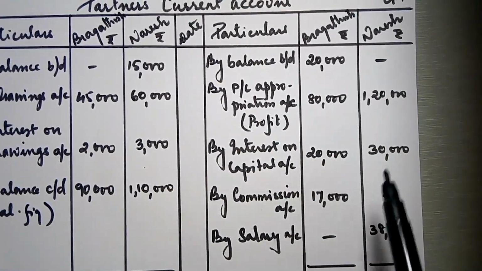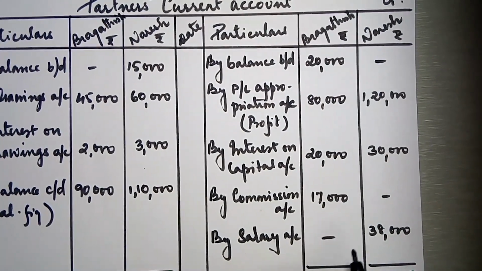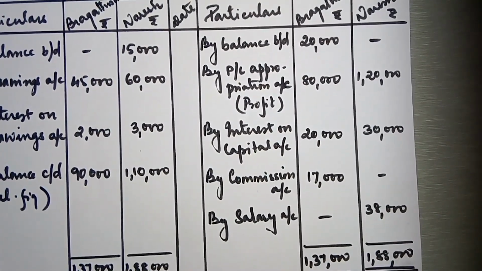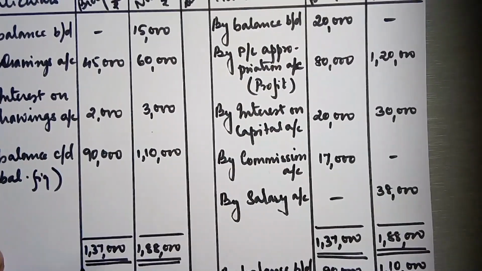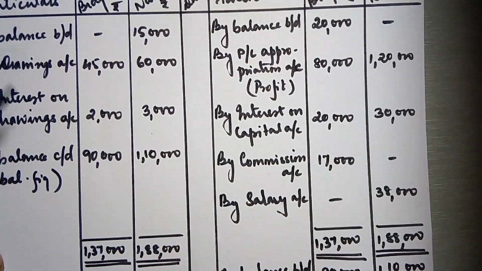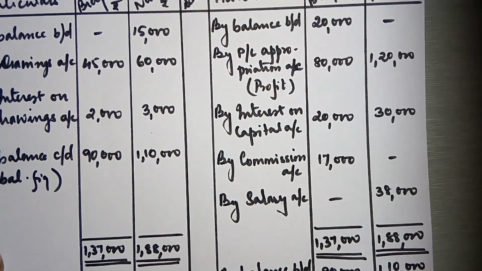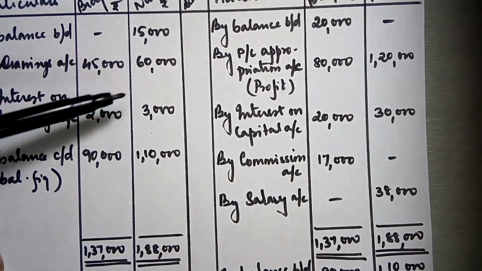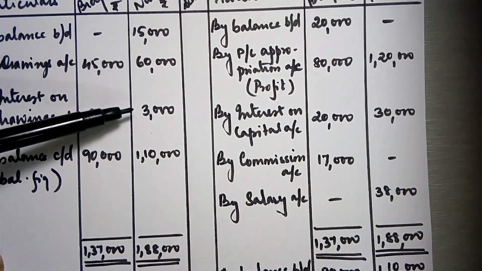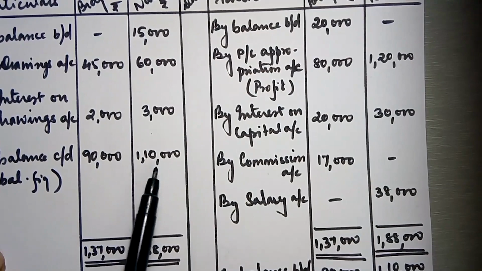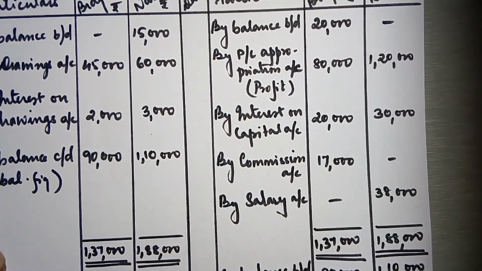Next what you do is you add up the credit side. When you add up for Pragatish, you get 1,37,000 and for Naresh it is 1,88,000. Bring the greater total to the debit side. Then you add up. For Pragatish, you are adding 45,000 and 2,000. So 47,000. From 1,37,000, you minus 47,000 and you get 90,000. Now for Naresh, you add up 15,000, 60,000 and 3,000. You add up all these three. Whatever answer you get, you minus from 1,88,000 and you get 1,10,000. This you write it over here as by balance BD